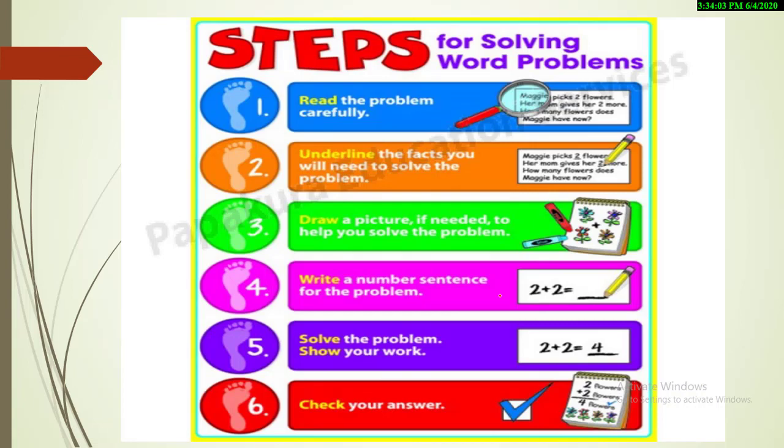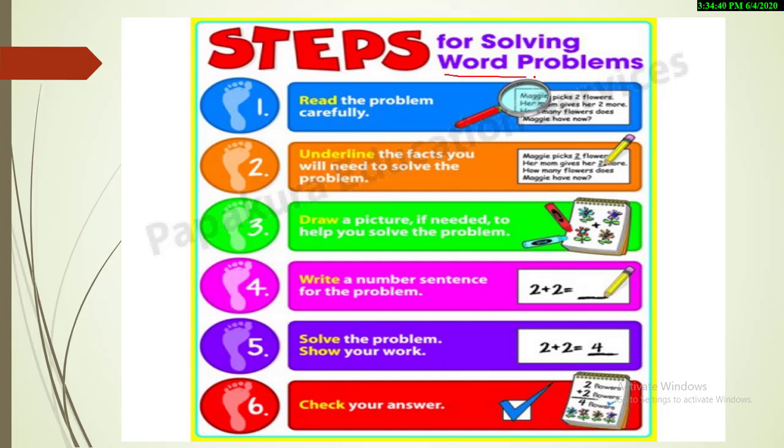Okay, so here I am with the new things for all of you. As you all have learned how to add, how to subtract. Addition is a bit easy because my students can easily solve it, and I'm sure you all know how to add. Subtraction is also very easy, but I pointed out the mistake that you do, so I'm sure now you all will not find any difficulty in the subtraction as well. So here I am with the steps that will help you to solve the word problems.